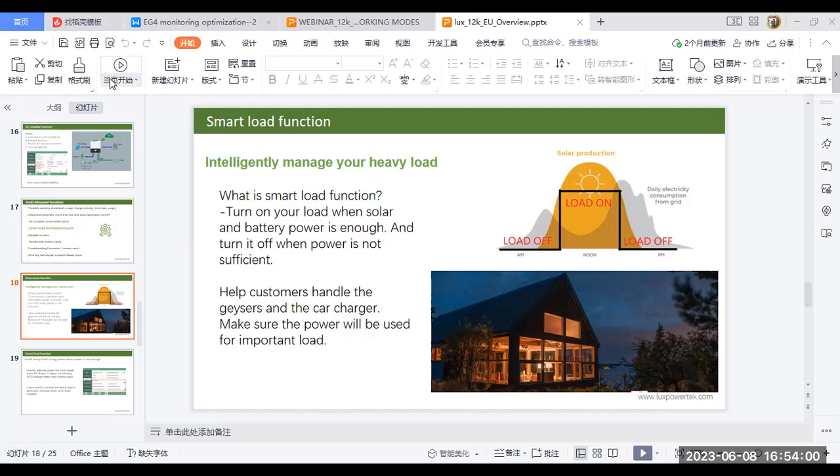So there is another presentation which introduced the smart load. Smart load is like if you have a very heavy load and you do not want to take this load when there is not enough battery, then you can turn it off. So there is a picture. You can set when to start it. There are two conditions. The solar power is bigger than the value you set, and